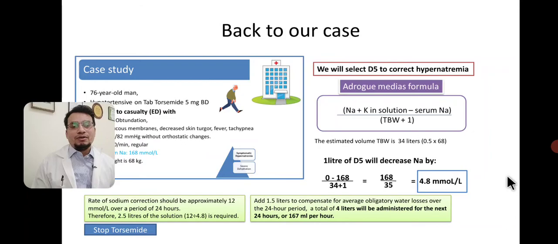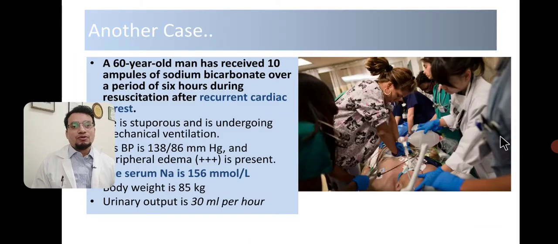And also you should be able to stop the torsemide or change it to another antihypertensive in this case, because probably the patient is having a renal cause of hypernatremia. So you should be sending the investigations, the urine sodium, urine osmolality, serum sodium, etc., to approach this case diagnostically.